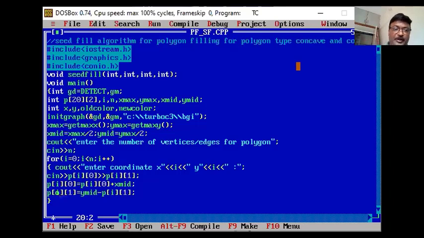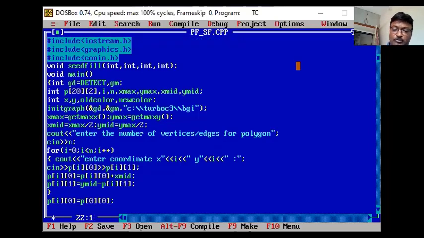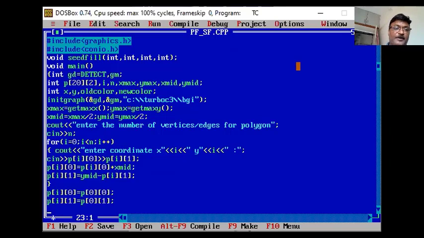So here, after reading, store in pi0, pi1, and that value you have to convert as per your x mid, y mid. Because x mid, y mid is your new origin. So this point must be shifted to the new origin. Then put P of 0, 0 and P of 0, 1, because of this my last point to the first point. Last point to the first point I have initiated. Now I am ready to draw the line.